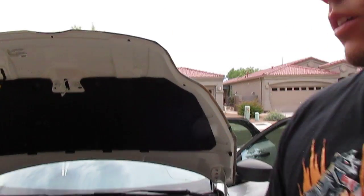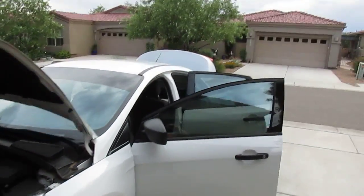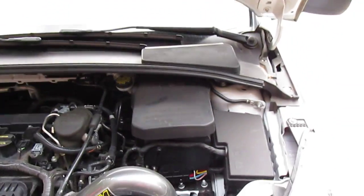I'm gonna start under the hood, work my way back, show you what tools you need, and how I have everything mounted. So let's go on. Just so people can see, it's a 4-door sedan, base model, no turbo, nothing special. So anyways,